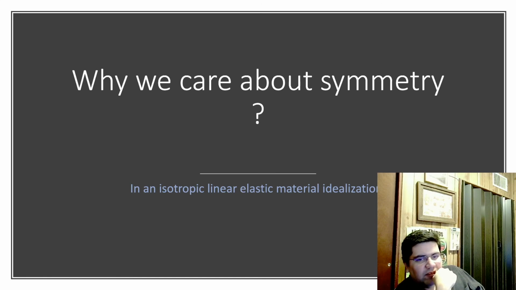Symmetries can show up in the continuum. For example, they can show up in the dielectric constant and in the elastic constant. When you have certain materials with high specific symmetry, the number of elastic constants or dielectric constants is going to reduce. So when you're trying to do calculations, it's going to be easier than if you consider no symmetry. Anyways, this is my presentation. Please